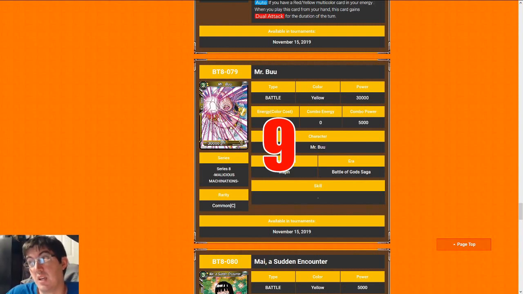But this card, literally, there's no other 30Ks in any other color. There's no negates. And most archetypes are just so fragile and rigid that it's almost impossible to get all the necessary cards to play it. So Mr. Boo is really the standout common of the entire set, which is why I'm giving it a 9, simply because